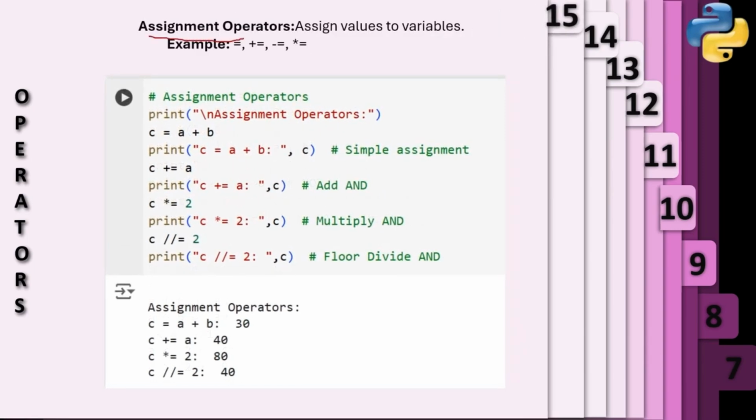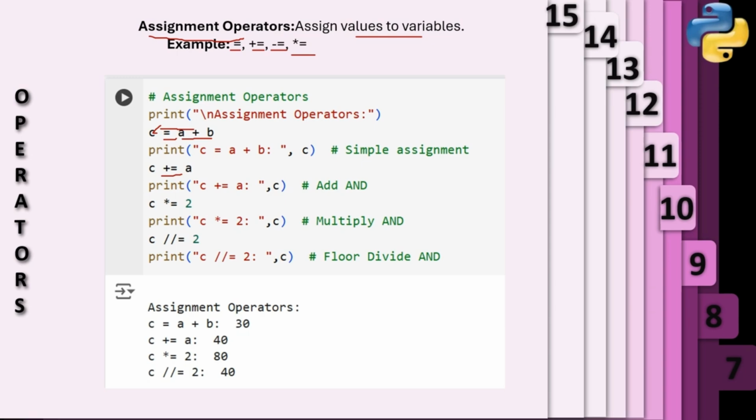Assignment operators are used to assign values to variables. The assignment operators are these: assign, add and assign, subtract and assign, multiply and assign. The assign operator assigns the right hand operand to the left. Add and assign adds the right hand operand to the left hand operand and assigns the result to the left